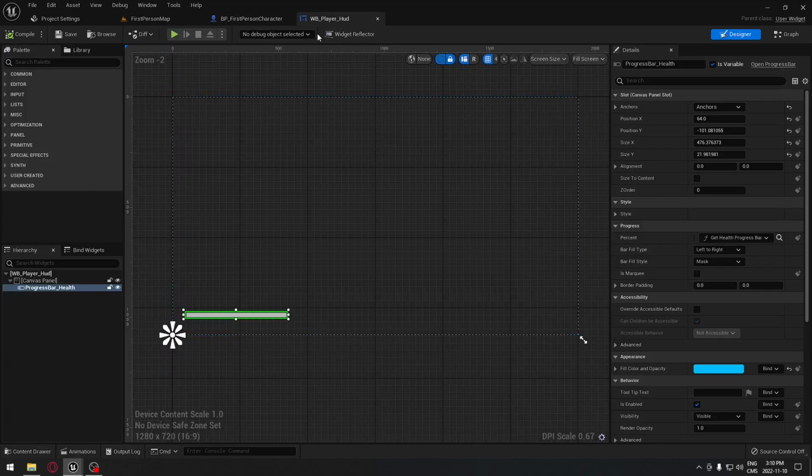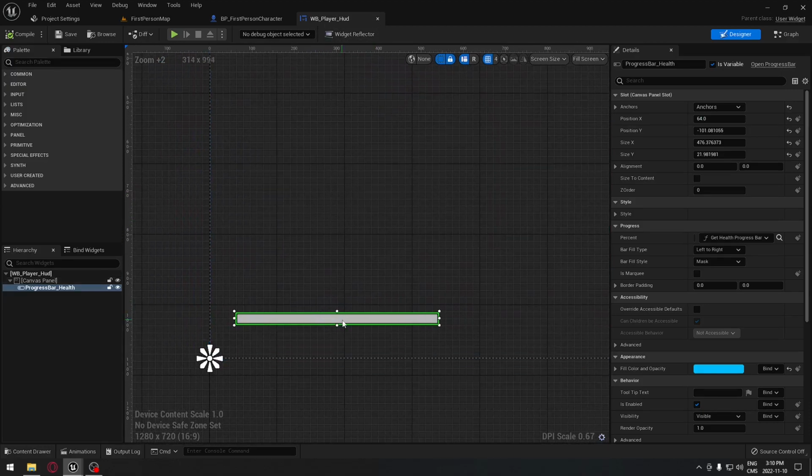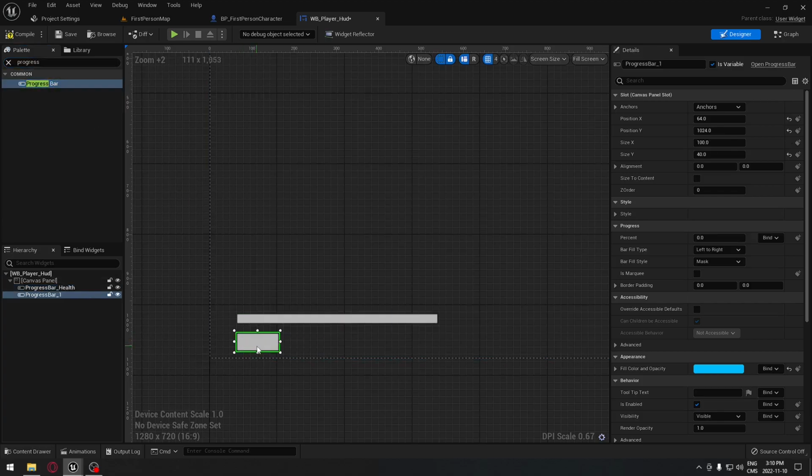So we want to see that on the screen. Same as the health, we're gonna go back to our widget blueprint player HUD. And here, I'm gonna add another progress bar. So let's search for a progress bar. I'm gonna put it right here. And I want the same settings. So I want the size, 400 here and 20 here. I'm gonna do the same thing with this one here. So 400 and 20. I'm gonna make sure that this is anchored to the bottom left,